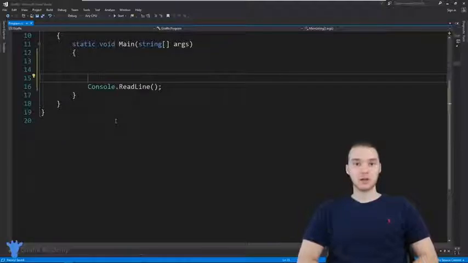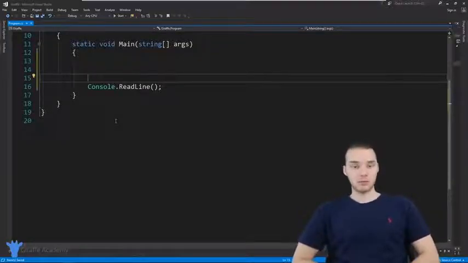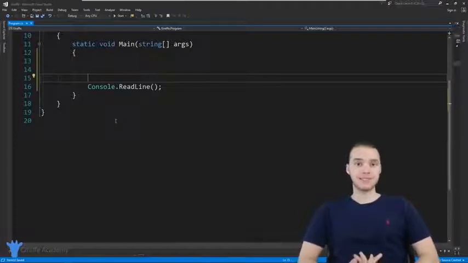In this tutorial, I'm going to talk to you guys about data types in C#. Now in C#, we're going to be dealing with all different types of data and information. And generally, when you're writing programs, there's going to be all different types of information that you're going to be